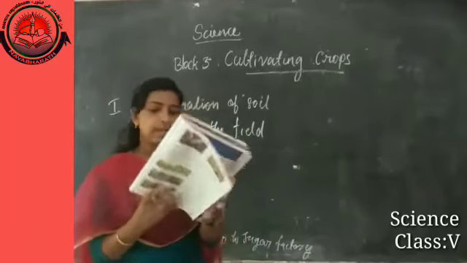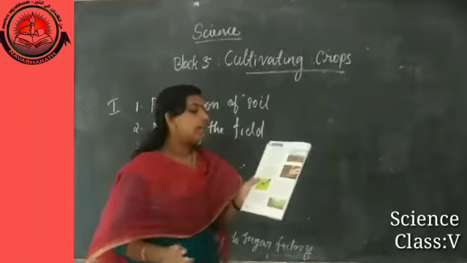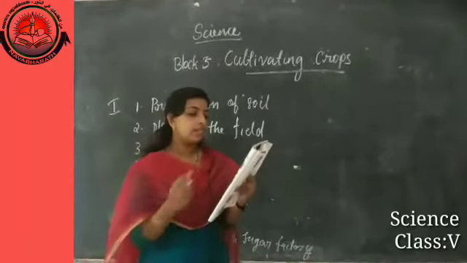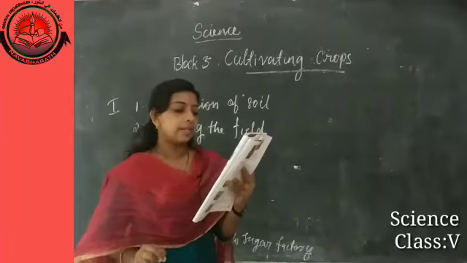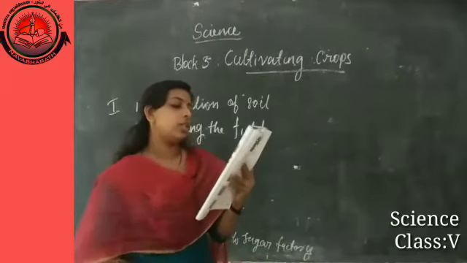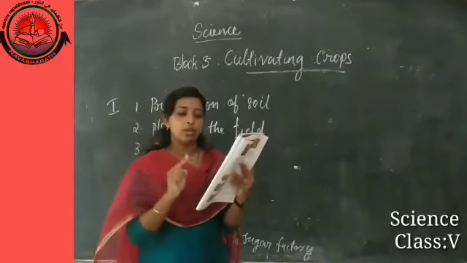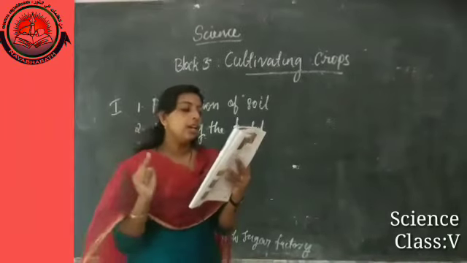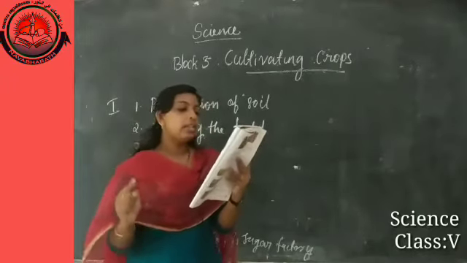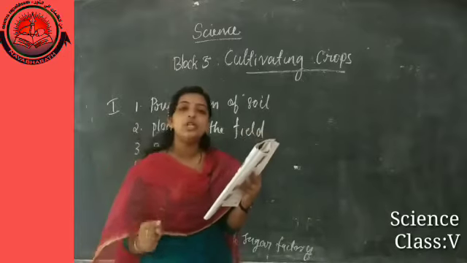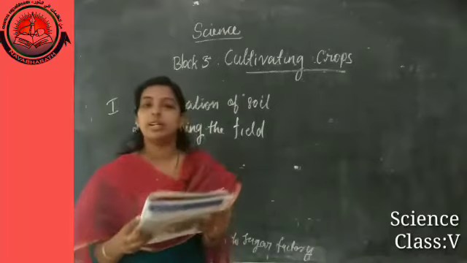Its answer is on page number 14 of your content book, under the heading stages of cultivation. First one, ploughing or tilling. The second sentence, you can mark from "ploughing" onwards: ploughing allows the seeds to get air needed to germinate and the roots to penetrate deep into the soil. Okay, that's all the answer to our third question.